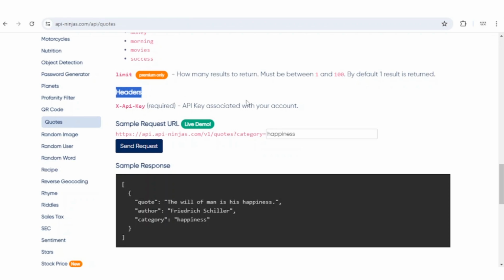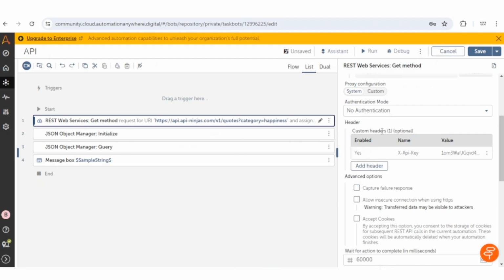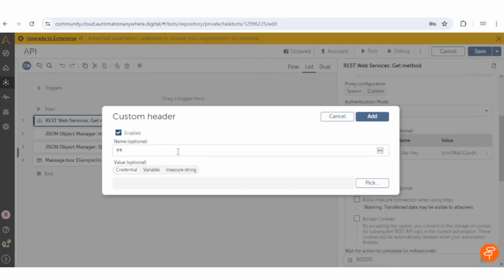As I already said, all these details are available in the API documentation, so you can check out those details. For example, in my case, I need to pass a header, and in the header we need to pass this X API key, and I need to pass the value of the key. So I have created a header.